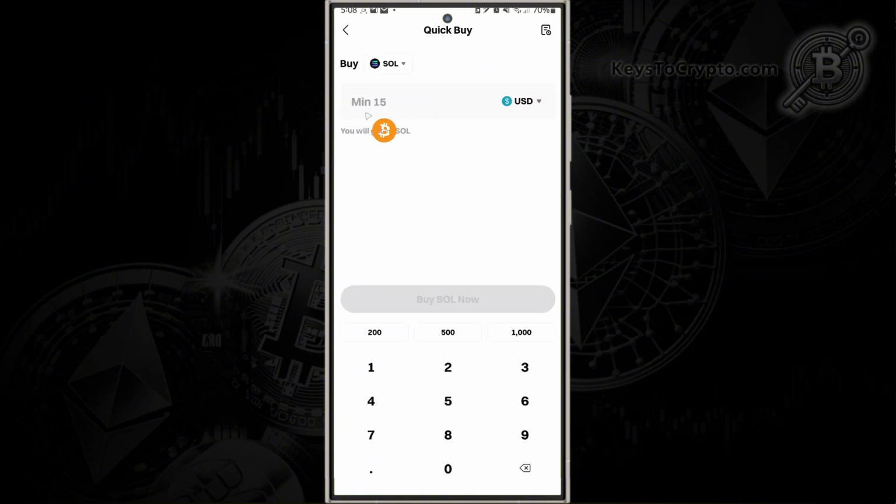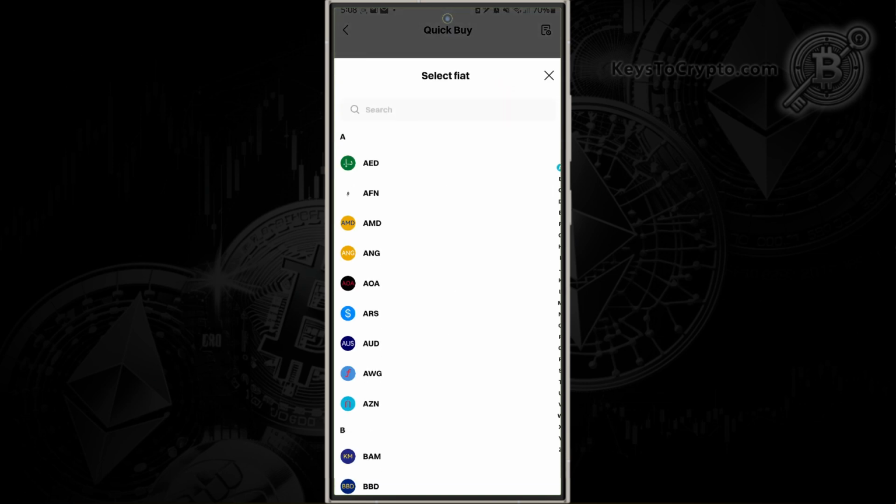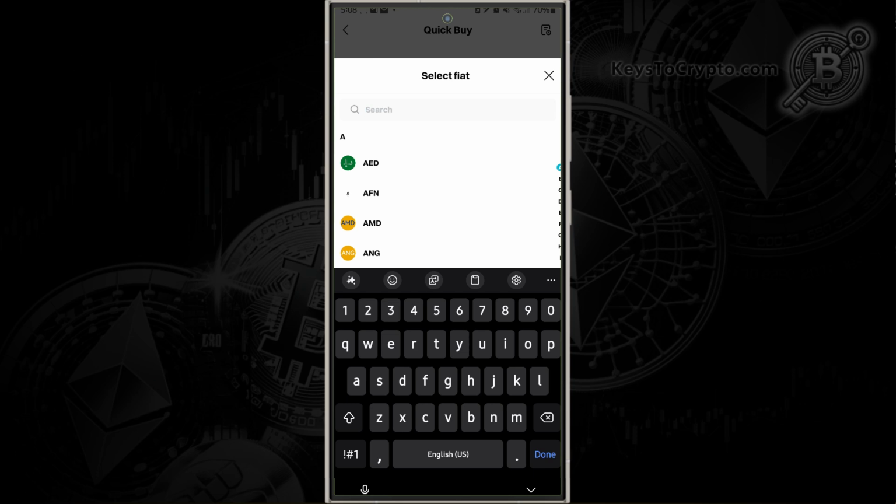And right here, you can see the minimum amount of SOL that we can buy is 15 USD. If USD is not your local currency, you just tap on the arrow next to USD and search for your local currency here, or search for it in the search bar there. For example, if you're in Canada or if you're in Europe, well, for this example, I'll stick to USD and